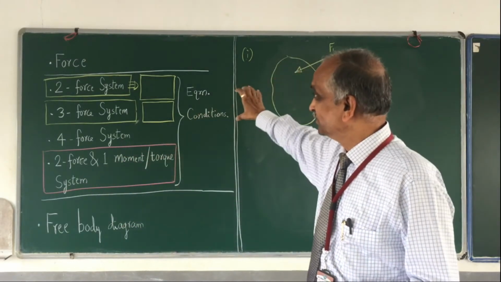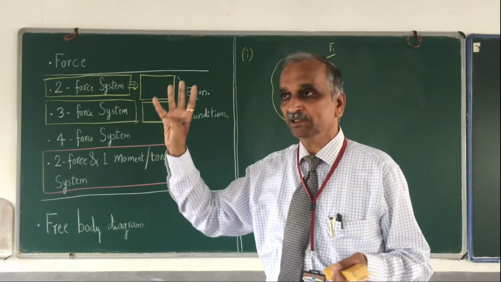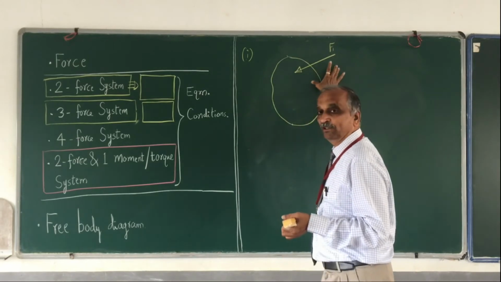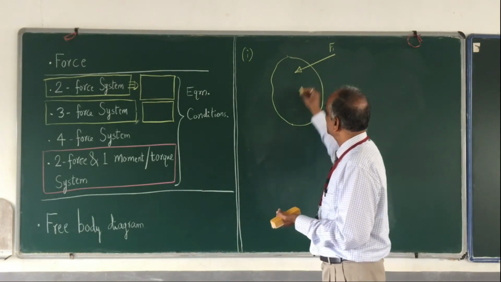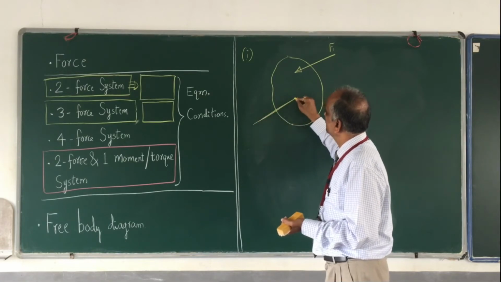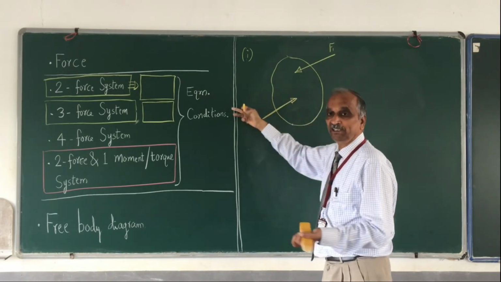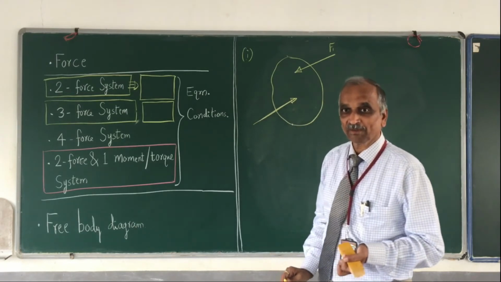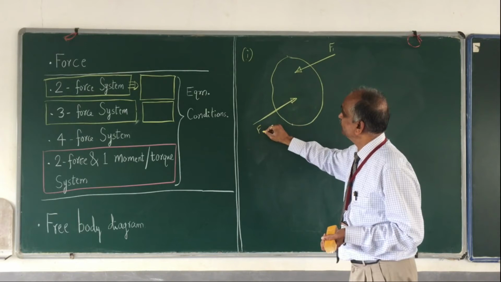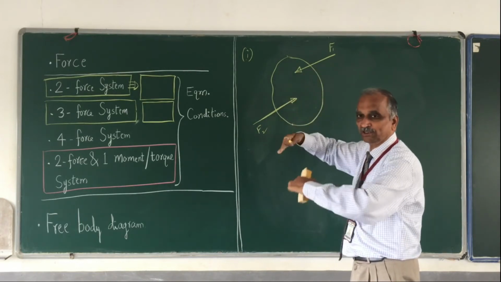Okay, remember the first condition of the equilibrium: the resultant force must be equal to 0. So one force is known, then the second force must be opposite to it, and they are not collinear. That's what we have already observed. So therefore, the first force F1 and the second force F2 are exactly opposite to each other, and therefore